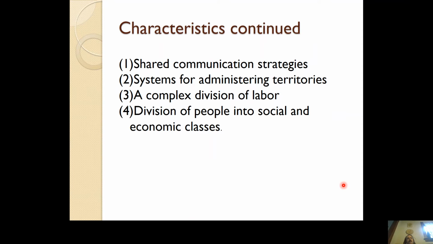Or if you're all hunter-gatherers, everyone's hunting or gathering. But once you start farming, you only need one farmer to grow the food, so someone else can start becoming a builder to build the house for the farmer who farms. And then, if there's going to be a builder, there's got to be someone who cuts trees for the builder to build. So then there has to be a tree cutter. And so on and so forth. So there becomes a division of labor where people work in separate fields.